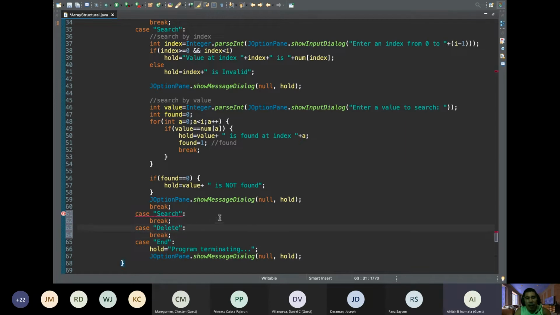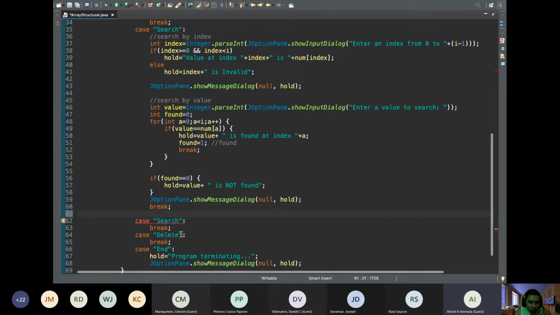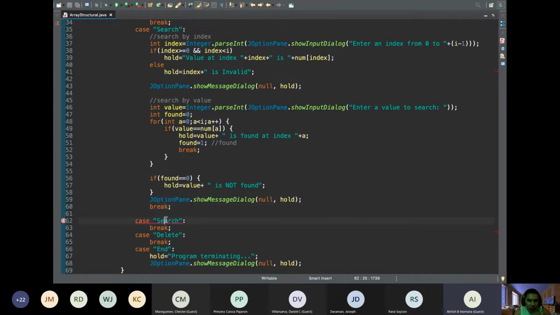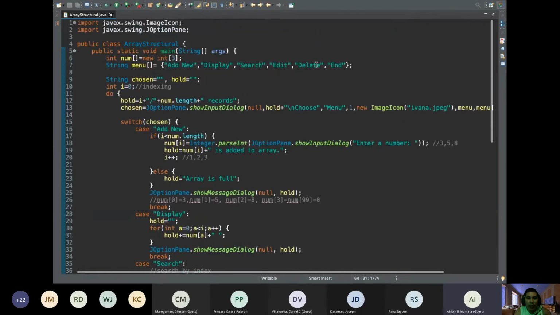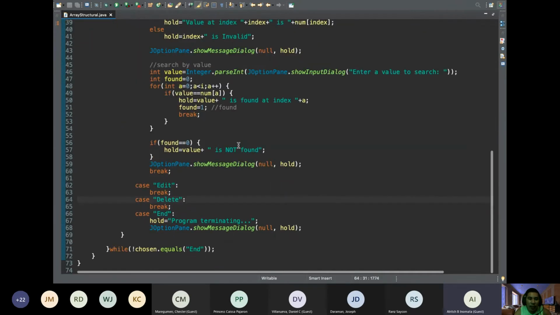So before I do this one, what happened to search? Case, search. Ay, okay. Edit, dapat. So before I continue that one, para na natay edit o delete, para makumpleto na nato ang kanisya na